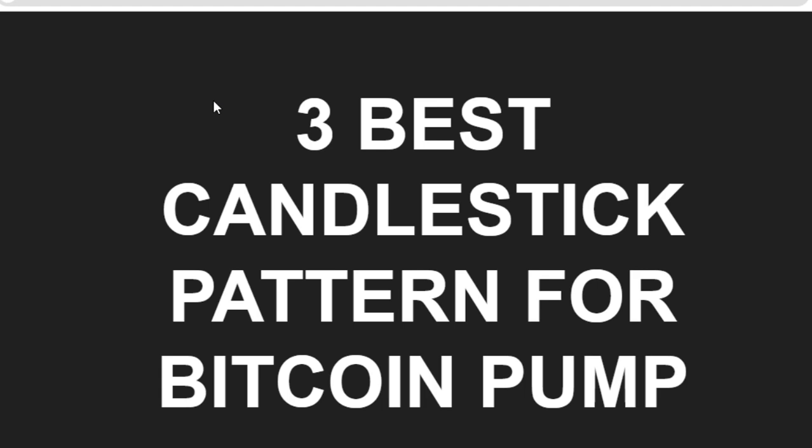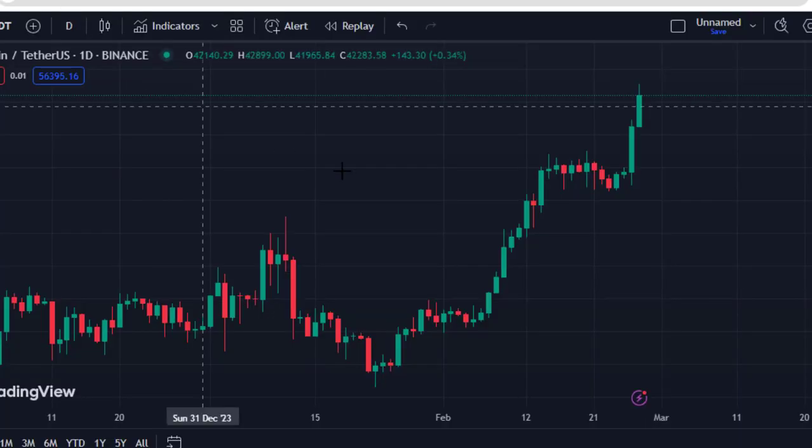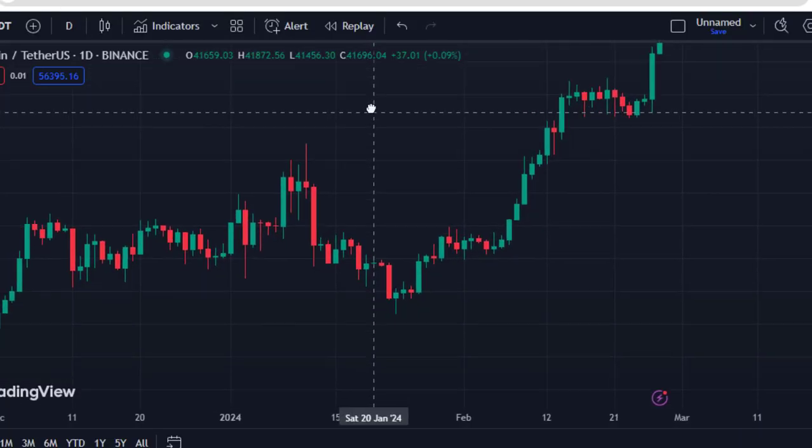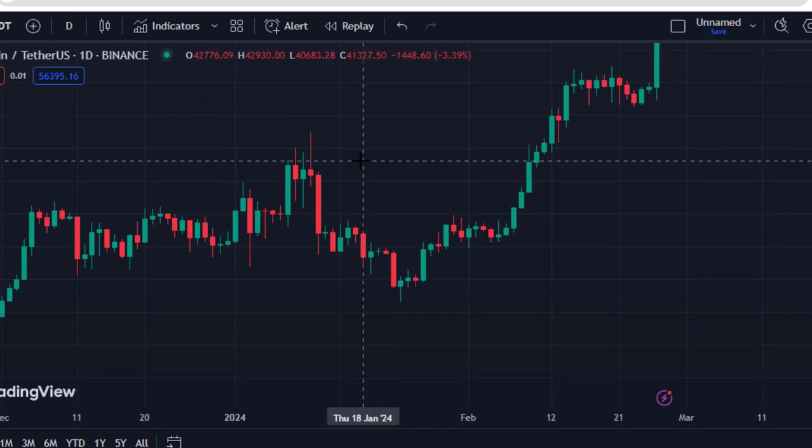3 best candlestick patterns for Bitcoin pump. So candlestick number 1, engulfing candles. It can be either a bullish engulfing candle at support in an uptrend or a bearish engulfing candle at resistance in a downtrend. If you look at this very Bitcoin chart,